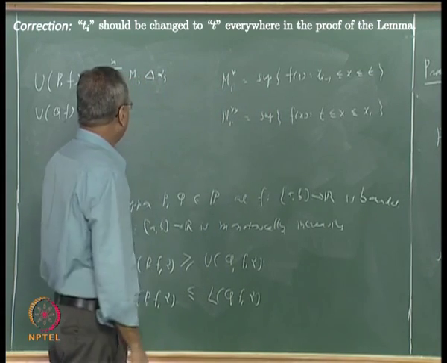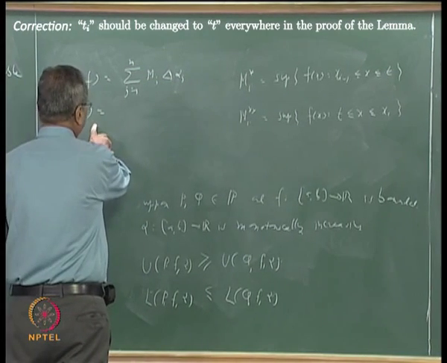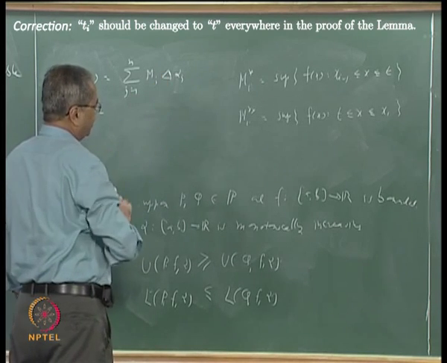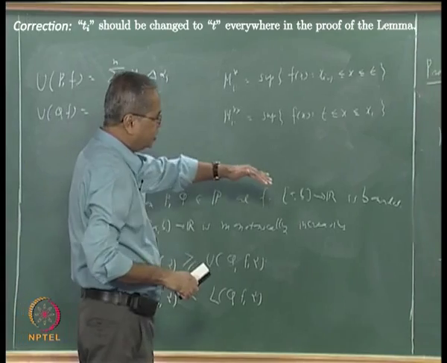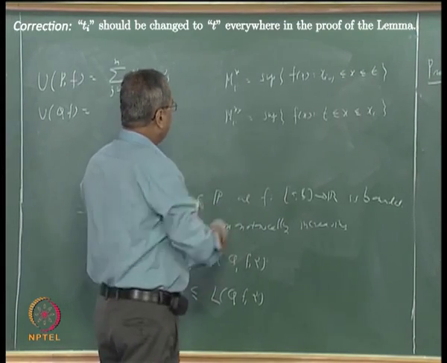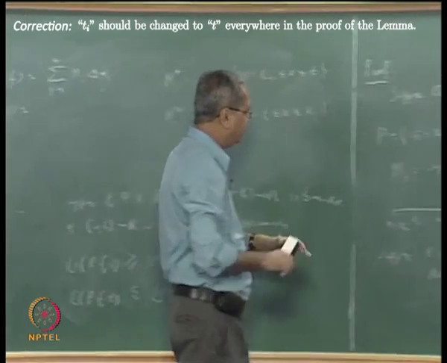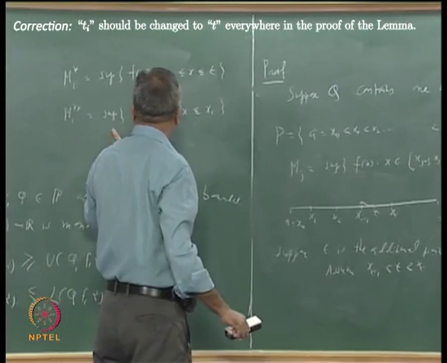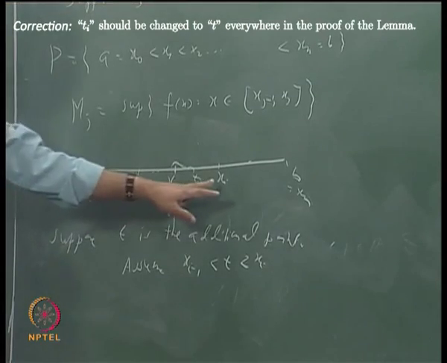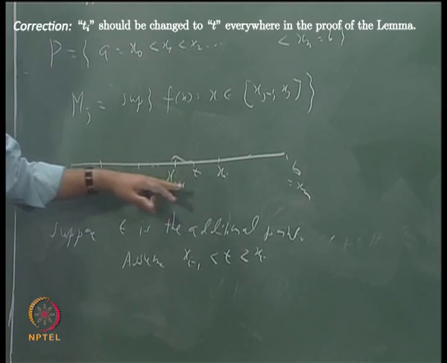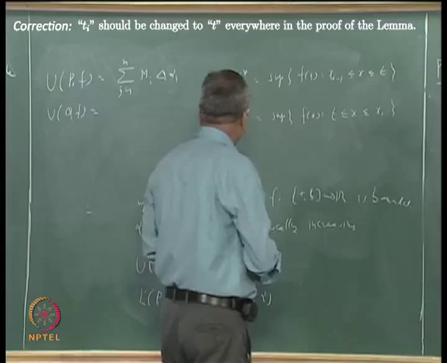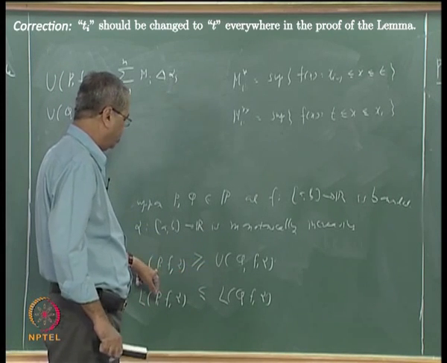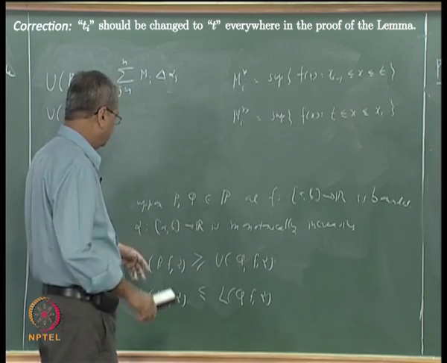Okay, so if you look at this UQF, for all j not equal to i, the term is the same, and for the corresponding interval x_{i-1} to x_i, it will be m_i* multiplied by (t minus x_{i-1}) plus m_i** multiplied by (x_i minus t). Suppose we look at the difference between the two. Basically we want to show that UQF alpha is less than UPF alpha.